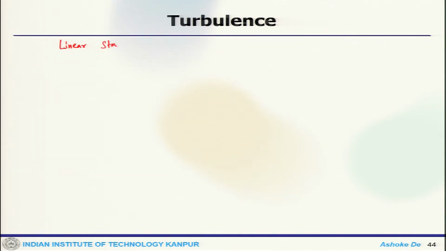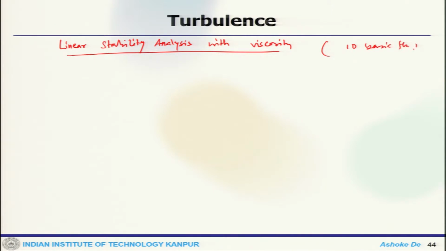So, now we can do the linear stability analysis with viscosity. So, again we can have a 1D basic flow and we have U(y) between y1 and y2. So, we can write the linearized Navier-Stokes equation plus normal mode analysis,